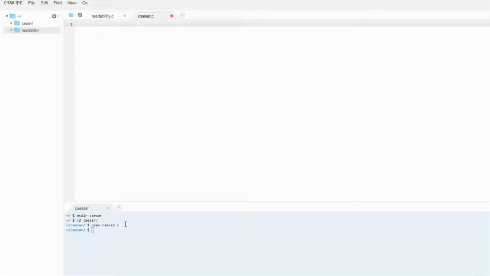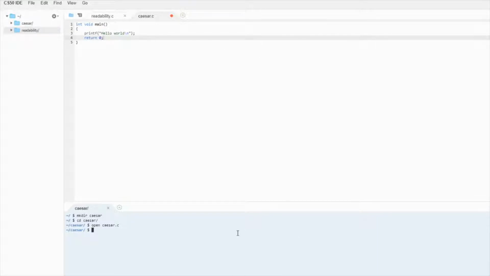Let's start just by making sure it compiles. So we all know that from there I need an int main(void). Let's just make it printf hello world, because that's just how this stuff works. You always have to do hello world and then make it return something. So let me make this and make sure it's not broken.